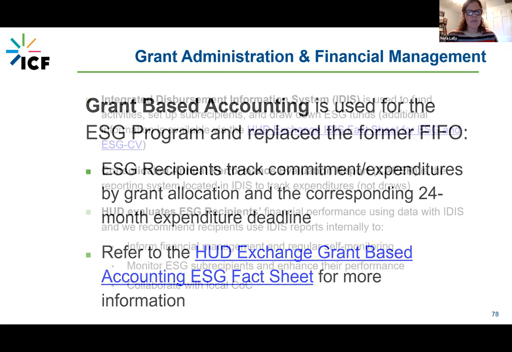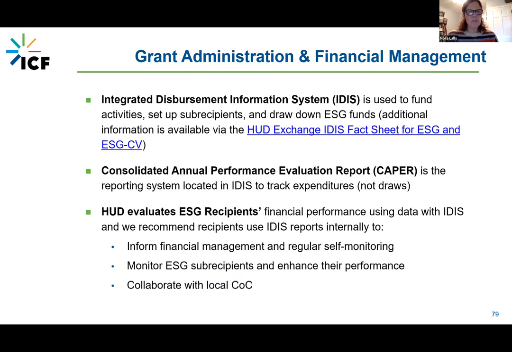And on the next slide, I think we have just a little bit of information. Some of the systems that have been mentioned previously, we'll highlight them here. ESG funds are drawn from HUD through IDIS. How's that for a sentence that's all acronyms? IDIS is the Integrated Disbursement Information System, which is how ESG recipients, so that would be the state of California in this instance, draw money and do their reporting to HUD about the accomplishments. So in case you've heard that acronym and you wonder what it was, that's what IDIS stands for.